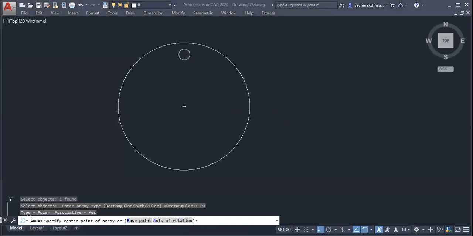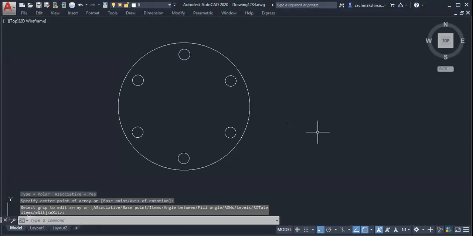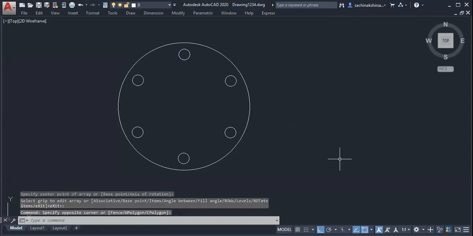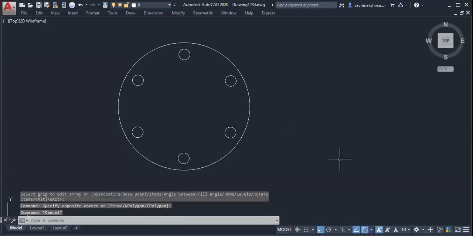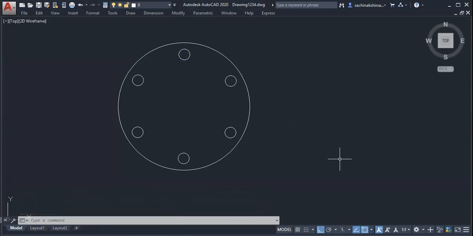How many circles are inside? 6. So we make it multiple along the periphery of the circle. That's why it is called a polar array.